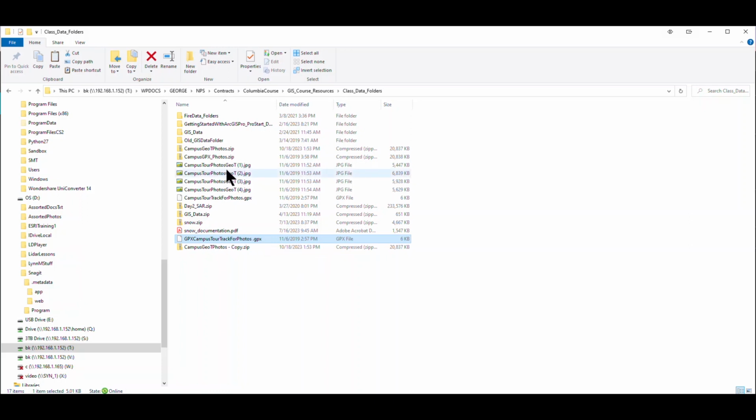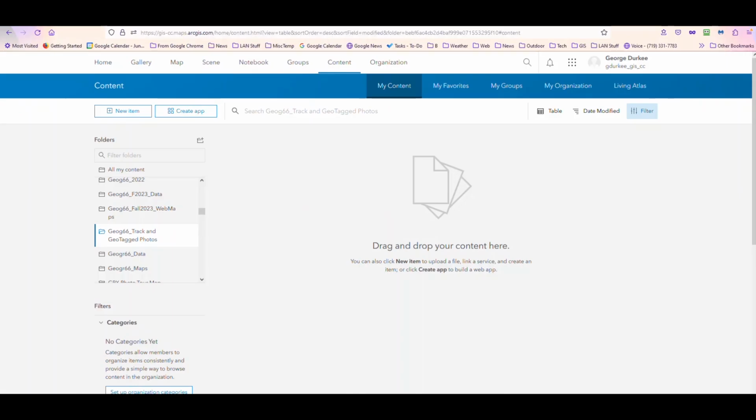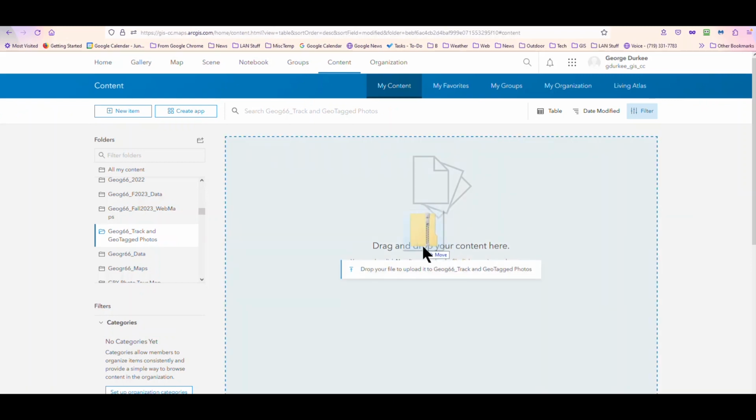Now, your photos don't necessarily need to be geolocated. Within the app, you can set up a point file and establish where that photo is taken from, but this is a little easier. And when you have your photos, you'll want to zip them all because that's how you'll upload them to your contents in ArcGIS Online. So the first thing we do is we'll take our zipped photos and just drag and